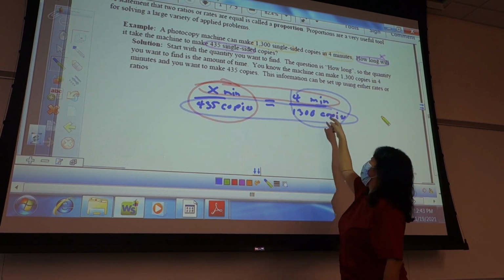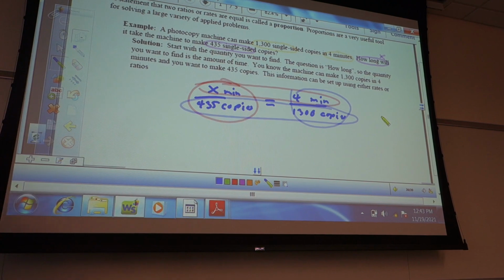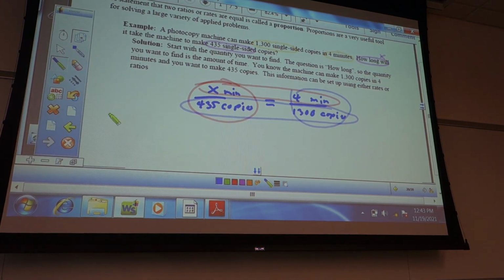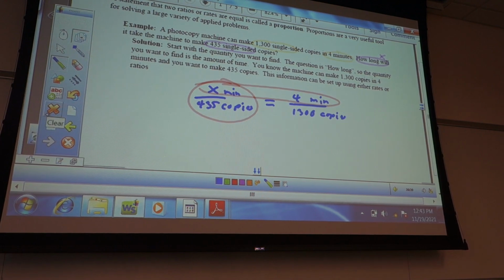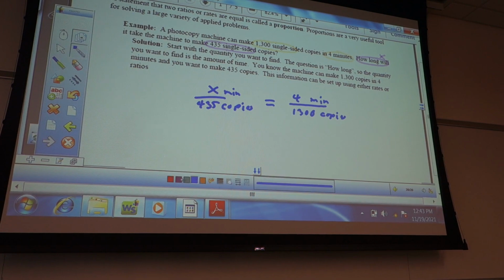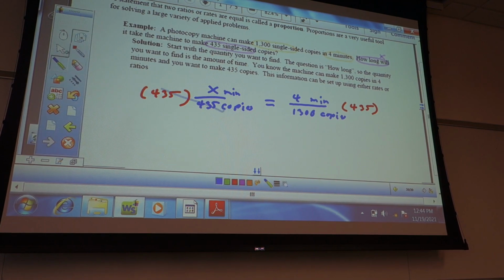Otherwise, check your units and make sure they're both minutes over copies. The same thing over the same thing. Now, here's the easy thing. Once you do that, all I have to do to solve this is to say, I want x. How do I get x by itself? I multiply both sides by 435 copies. And then you can take away the units at that point, and these folks will cancel out, and I'll get